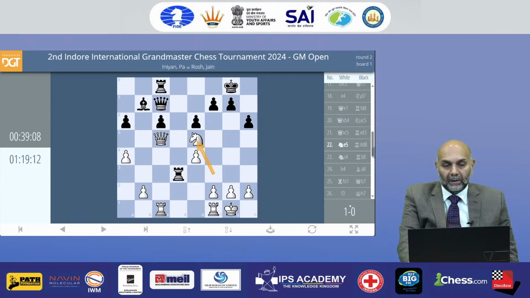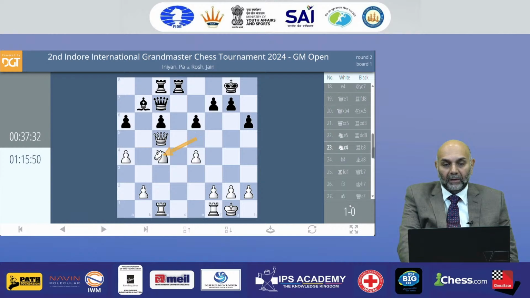So the knight attacks the black rook, driving away the rook, and now the knight moves to a very important square from which it could jump to a5, b6 and d6 at different moments. So a lot of options for the white knight, no options for the black bishop. The black bishop has only one move, and the bishop can keep on moving to that square, making no sense really.